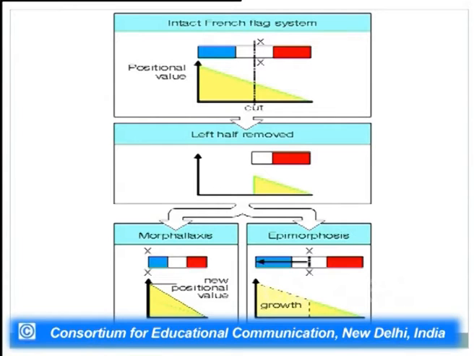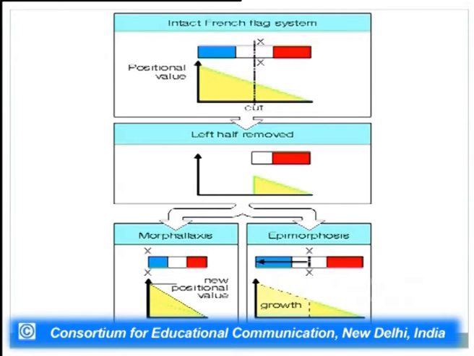So, in epimorphosis, the grown part is exactly identical to the original part, and it is of the same size. You cannot distinguish between the initial, original and the regrown or the regenerated part. But what happens in morphallaxis is that the tissue which is remaining basically gives rise to a new